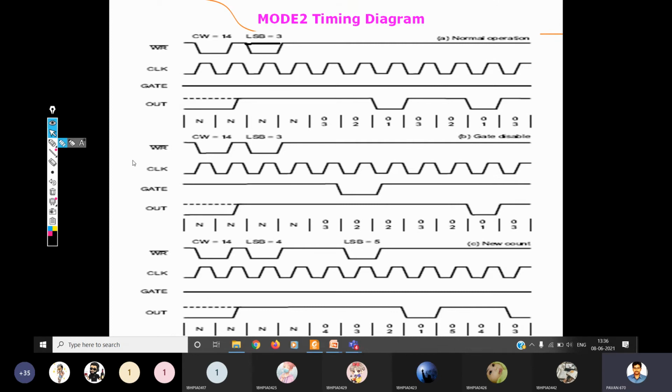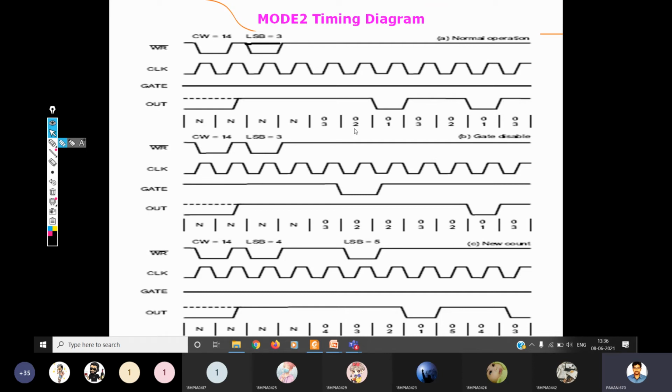In the previous cases, the out signal may change its state at the point of the terminal count. But here it is not like that. What it will do is, before reaching the terminal count state, one clock cycle before, the signal goes from high to low. It changes its state, for a duration of one clock cycle. After that clock cycle, it goes high again, and repeats the same value if no new value is loaded. Before reaching the terminal count again, one clock cycle before, it goes to the low state, and again goes high after one clock cycle.